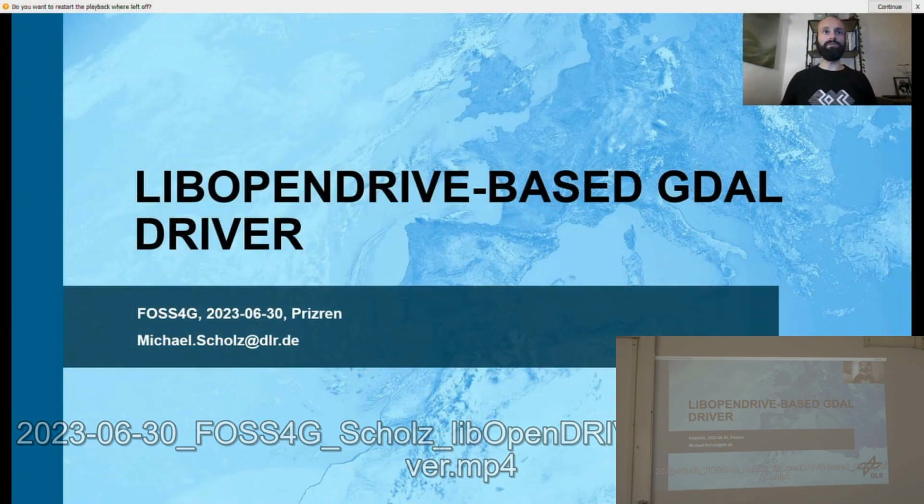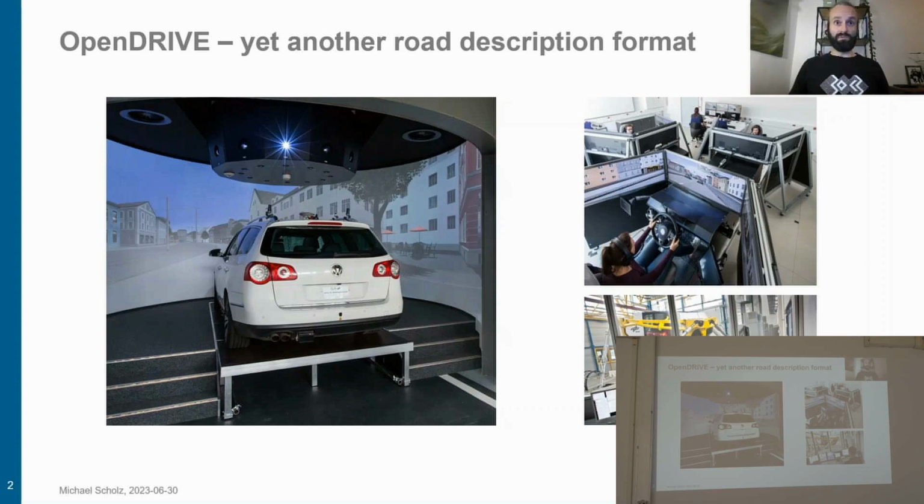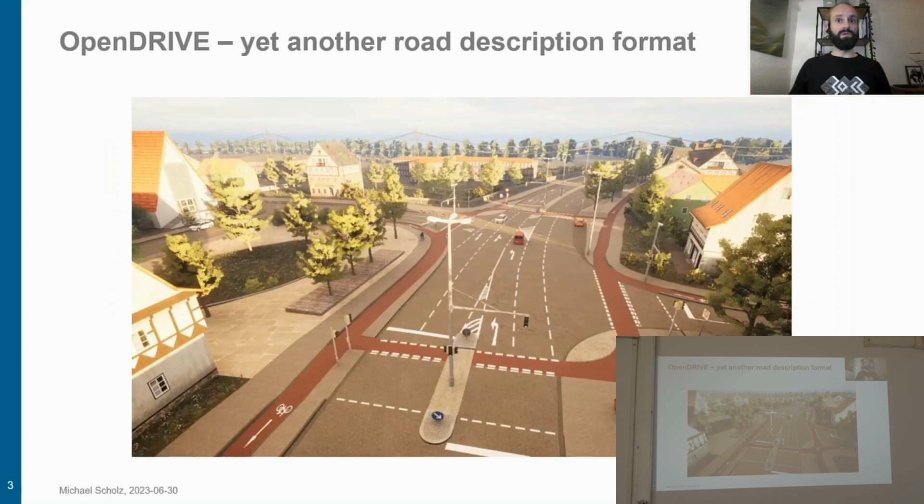Now I'm going to tell you how my student Gülşen and I are using libOpenDRIVE to convert OpenDRIVE road network datasets through the GDAL library into GIS-friendly geodata formats, which we can later use in QGIS, for example. This special format comes from the automotive engineering domain, where it was previously mostly used for driving simulation applications, where you are relying on a highly detailed virtual environment, covering also visual properties and also a very detailed